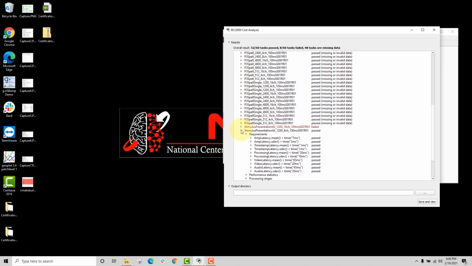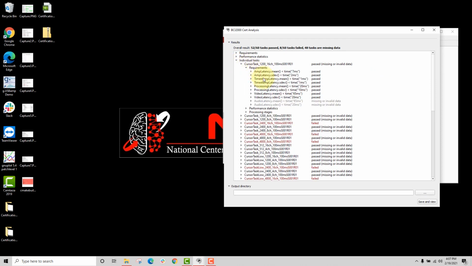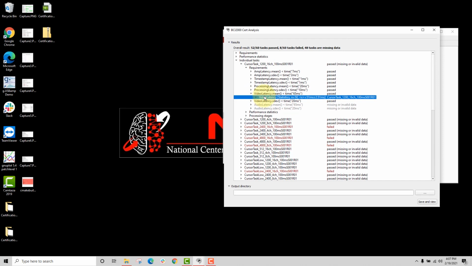In addition to simply looking at these statistics, we can observe a visualization, a plot. So let's look at the cursor task, 16 channels. We can go to the requirements. We can visualize this response latency distribution. So if we look at video latency mean, I can click on the video latency and right click to plot. This is if you have GNU plot installed, and this is detailed on the certification tool wiki page. If we push plot,